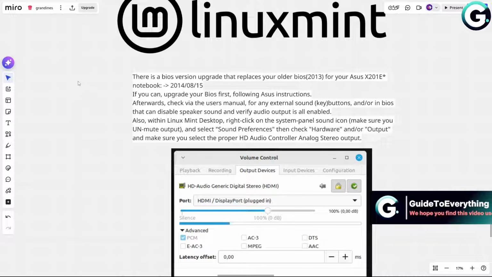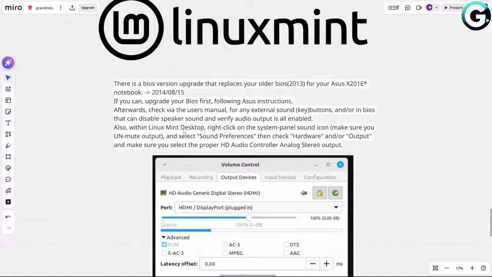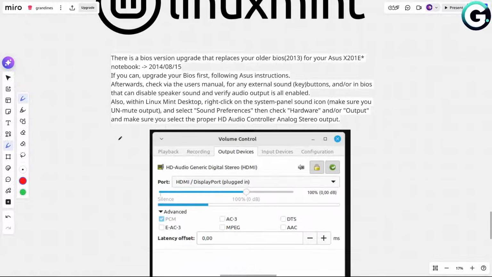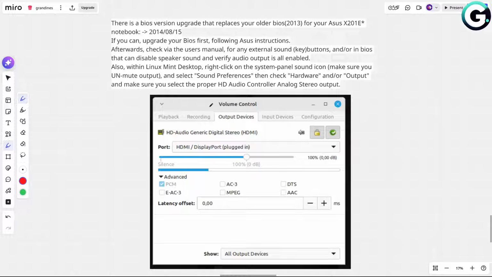So basically what you'll need to do is first of all upgrade your BIOS version. If you have the latest BIOS version, then you'll need to check Linux Mint desktop. So basically go to the desktop, right click on the system panel sound icon and make sure you unmute